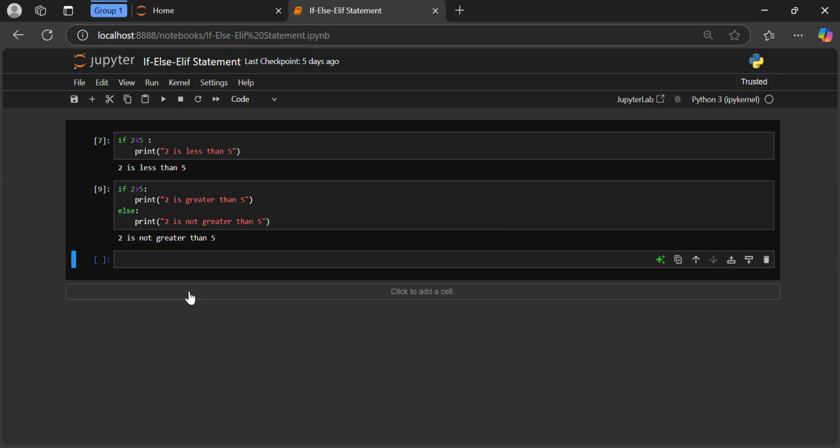So send it to print. Now going to the else if. Now, what if 2 was not greater than 5, and then we now put another condition under. Let's see it, if 2 is greater than 5,